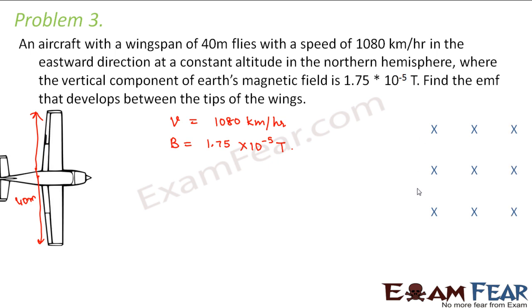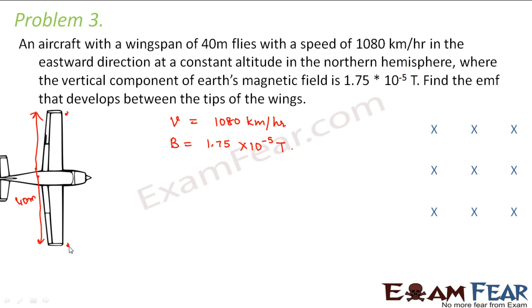This is the same example which I discussed when I was talking about a rod moving inside a magnetic field. In this case also, between the wings there is no closed circuit, right? So it is like a rod which is moving inside a magnetic field. As the aeroplane keeps moving in this magnetic field, an EMF gets induced between these two tips, which is because of the separation of the charges. The charges inside experience magnetic force, therefore a potential gets developed between the two tips of the wingspan, right?